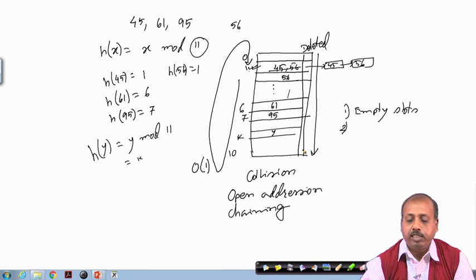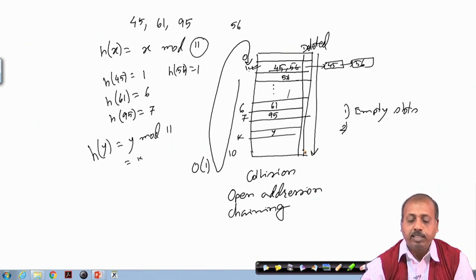Now, for a symbol table this is not a big problem, because deletions are very few. We have mostly insertion and search, and search is the most important operation in a symbol table, and if we have a hash table type of organization, then this search can be done very fast.